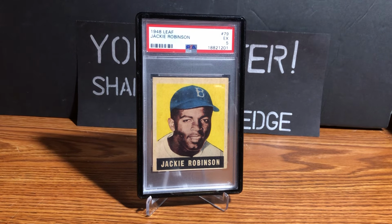I found myself looking at this Leaf Jackie Robinson quite often, and it's very, I guess, Andy Warhol-esque. I mean, it's got great color to it. My copy could be centered better, but